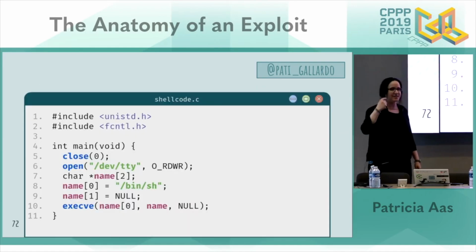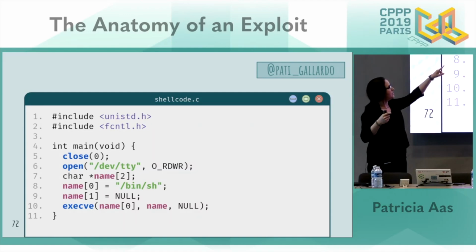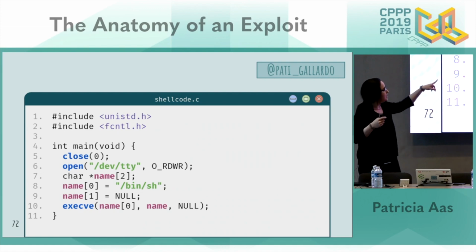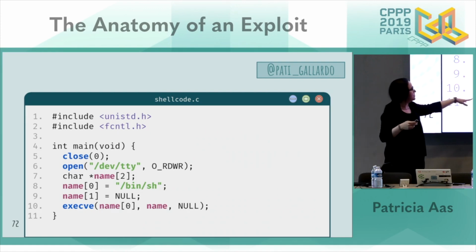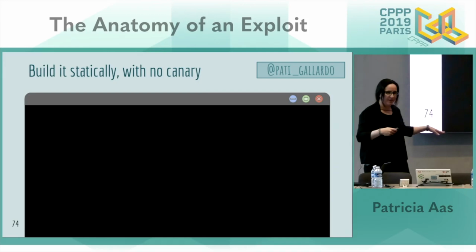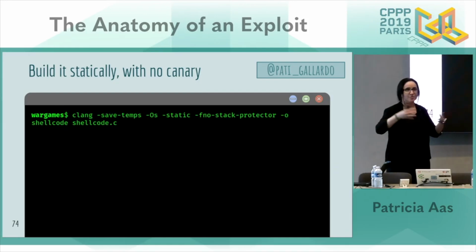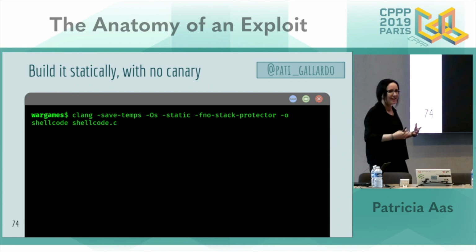So we start with writing the shellcode, the C code. And the C code is very simple, right? We just close the file descriptor 0, then we open /dev/tty, and then we just do what we normally would do to do the execve. Okay. And when we compile it, we build it statically because we want to make sure we have all of the code here because we actually want to look at it.